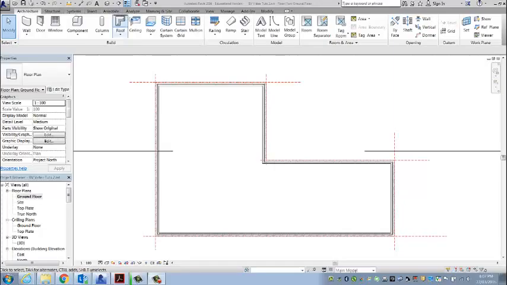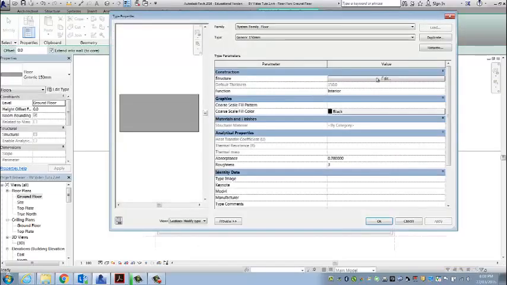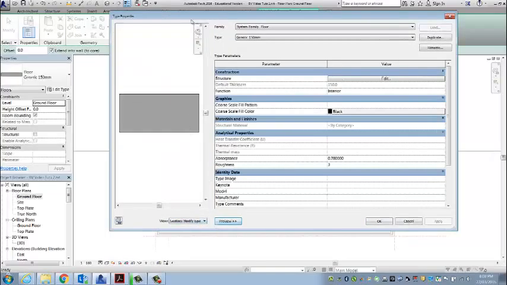So I'm coming up to architecture. I'm going straight to the top here and selecting floor. And over here we've got a floor generic 150. So first up I'm going to change what it's made out of. I'm selecting edit structure. Notice my preview is already highlighted, so just expand yours if you need to. I'm going into